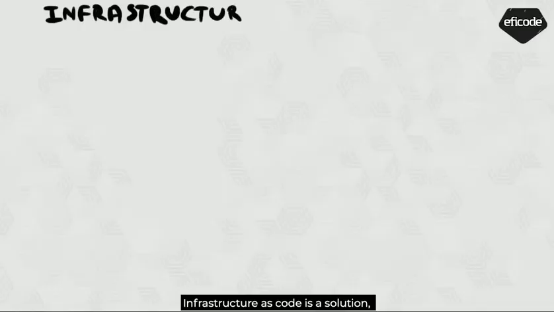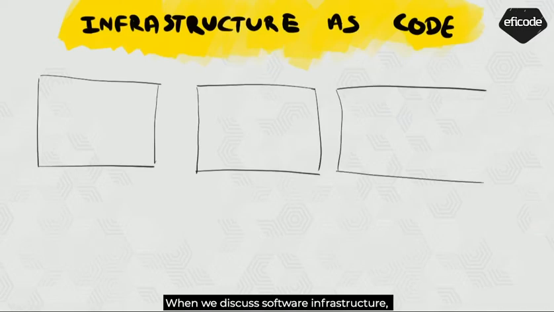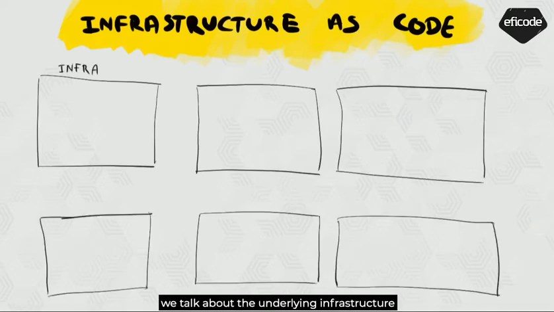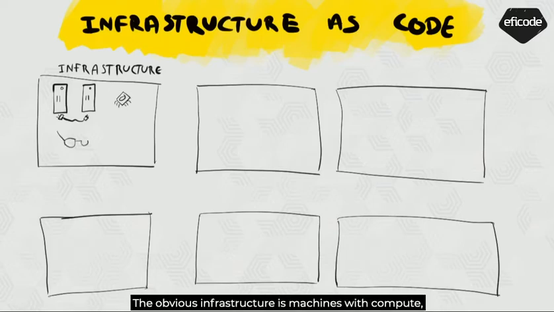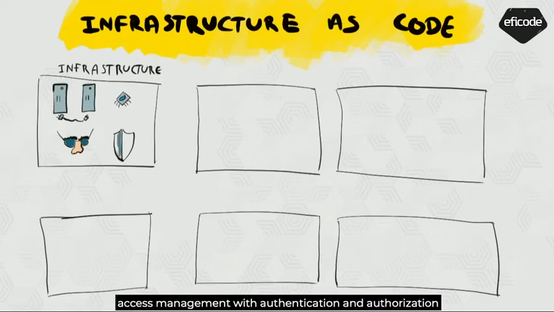Infrastructure as code is a solution, so first we have to describe the problem. When we discuss software infrastructure, we talk about the underlying infrastructure that we deploy our applications on top of. The obvious infrastructure is machines with compute, storage and memory, as well as the network connectivity between them. But in this complex world, we also need to remember access management with authentication and authorization as a part of